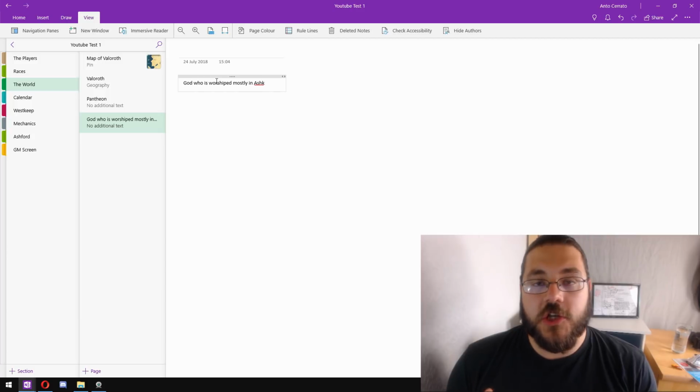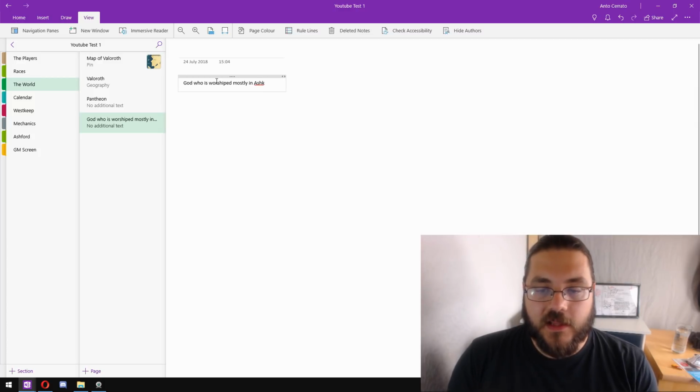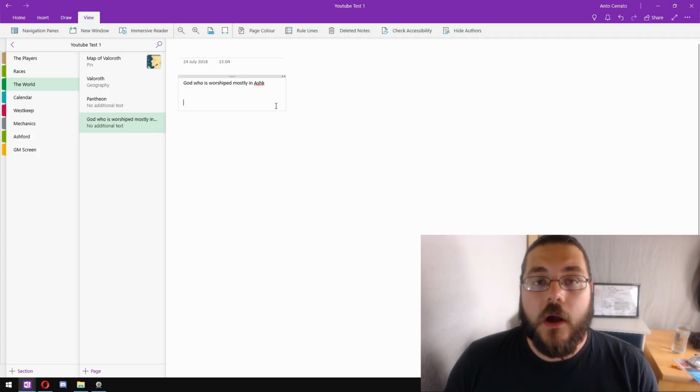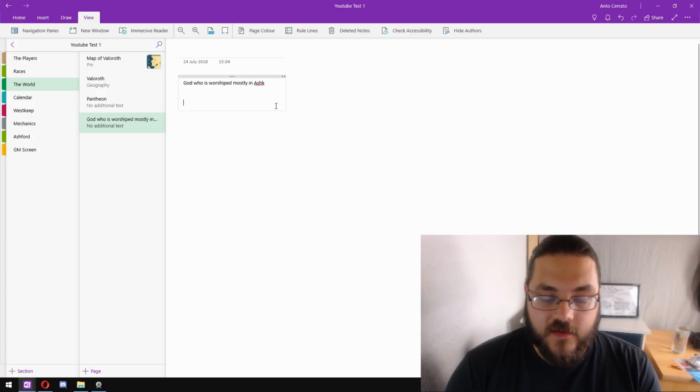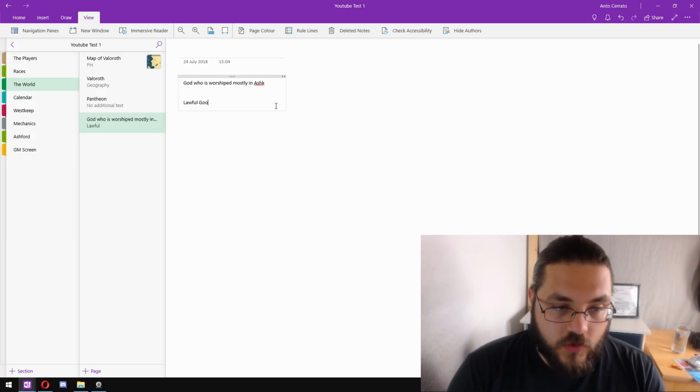It is an Egyptian allegory, so plenty of deserts, and it draws heavily on ancient Egypt and the sort of Middle East, North African region of the world in its influences. So the very first thing I do after deciding where I want this deity to primarily be worshipped, if it's a specific region, is think about their alignment and their domains. So I think that this deity should be a lawful good deity and that their domain should be order, protection,